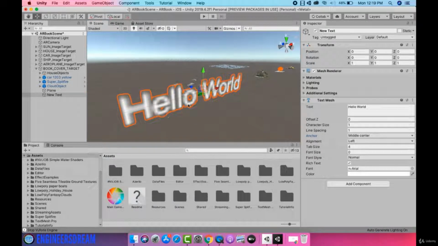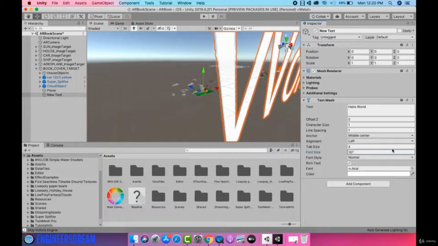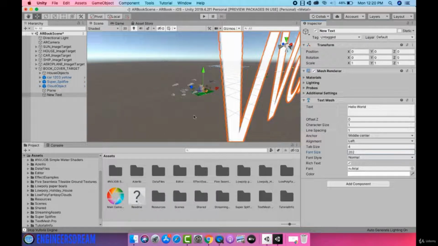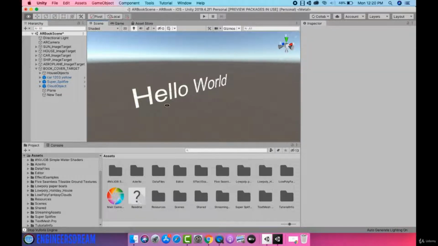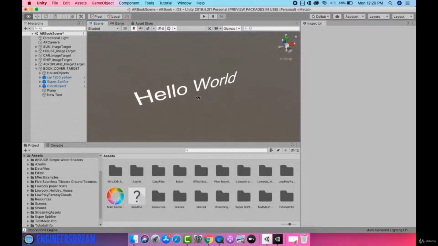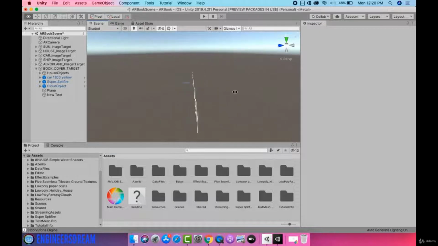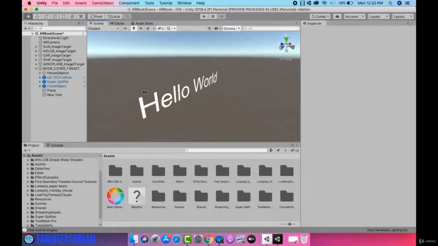After this, as you can see, the font of the 3D text is very blurry. And this is because the font size of the 3D text is set to 0. So to make this 3D text font look neat and clean, I'll first change the font size of this 3D text to around 200. Now at a scale of 200, the 3D text is appearing neat and clean, but the scale of this 3D text is way too big when compared with our image targets.